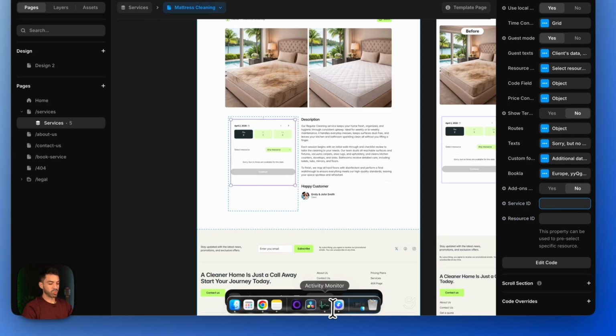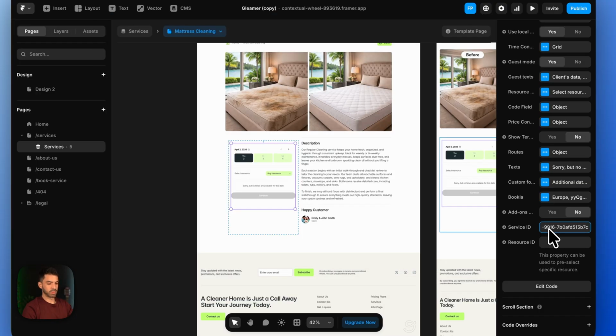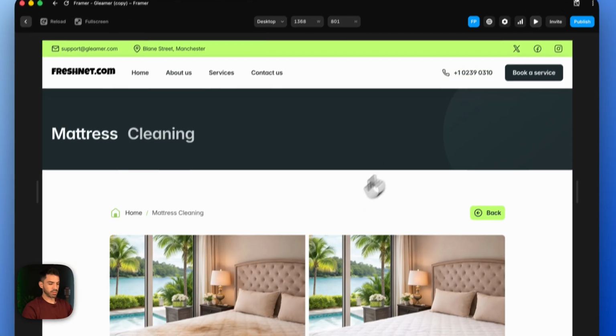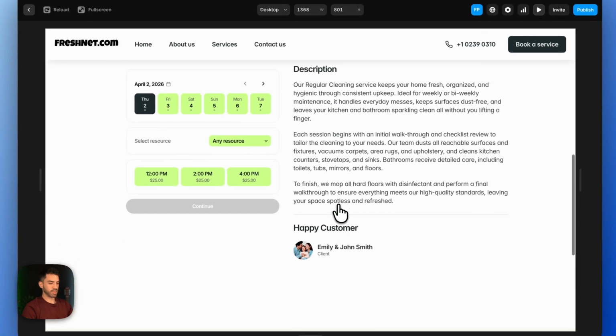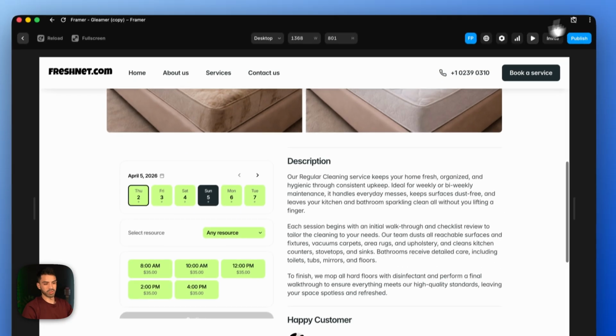And finally, we need to add a service ID. So this is Mattress. We're going to add Mattress. There it is, our mattress component. And as you can see, it works beautifully, but there is something we need to fix here. So let's go back here,